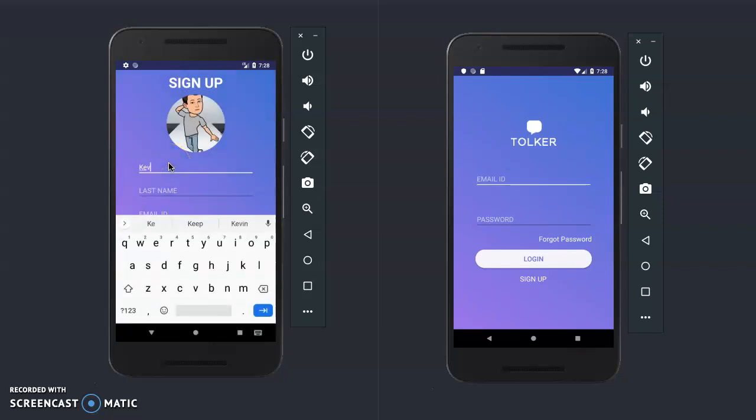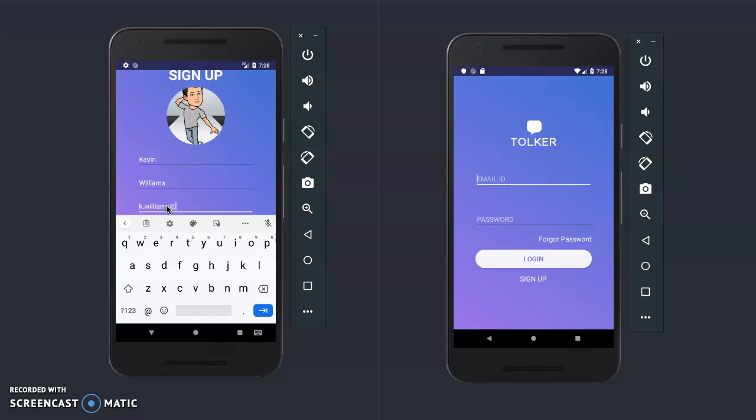So the first name is Kevin, the last name is Williams, email ID k.williams@gmail.com,